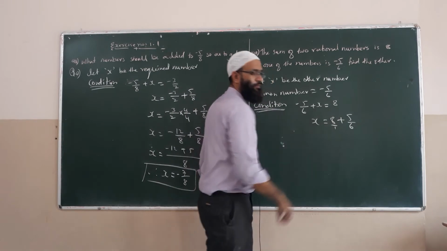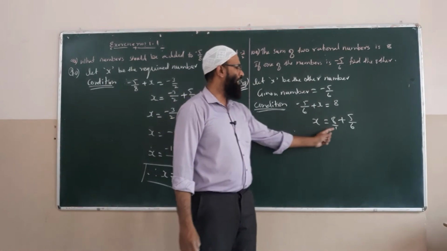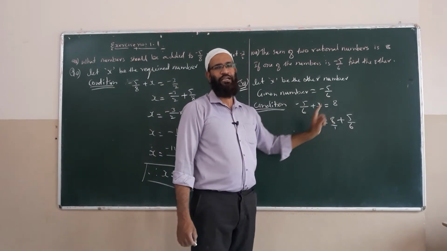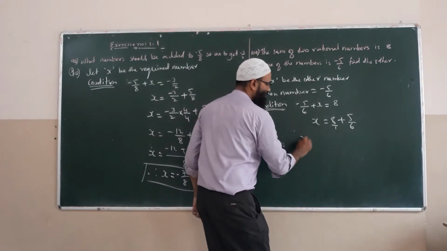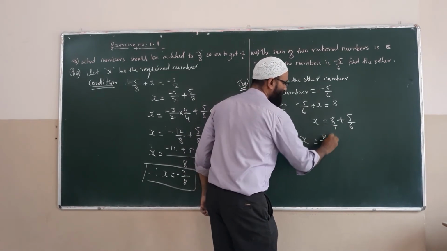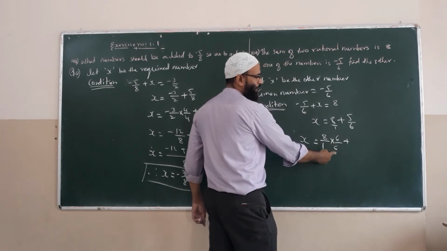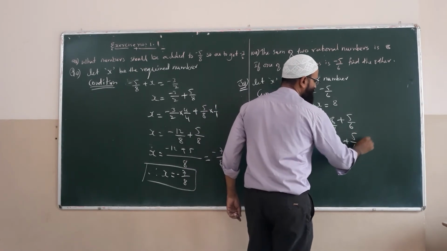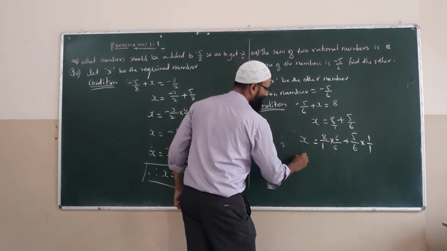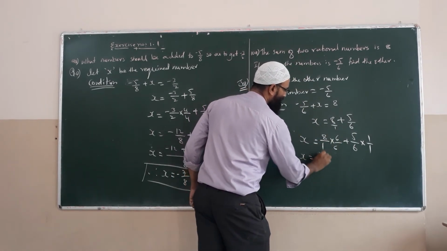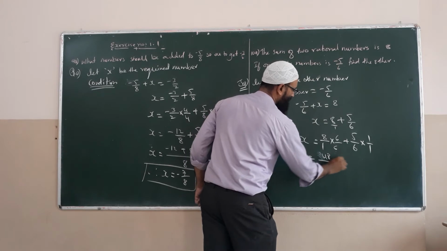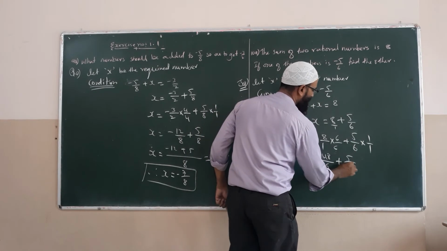Here, this is 1. Now take the LCM of 1 and 6. You will get 6 only. In the 1 table, 6 will come. Where do we get the 6? 1 6s are 6, and 6, means multiply or divide by 6. Then here, 6 1s are 6, 8 6s are 48. 1 6 is 6, plus 5 1s are 5 by 6.